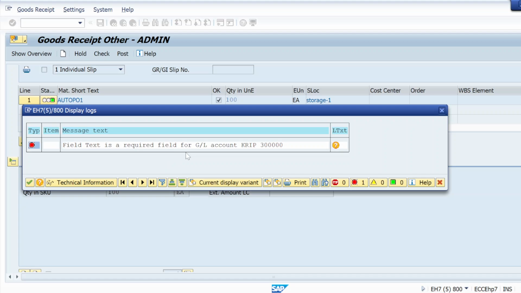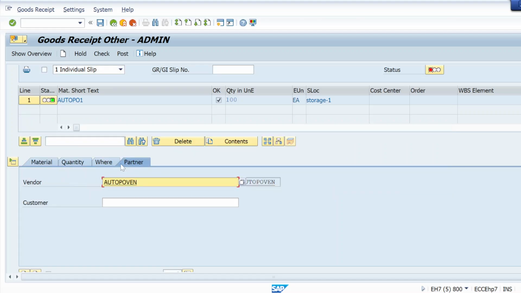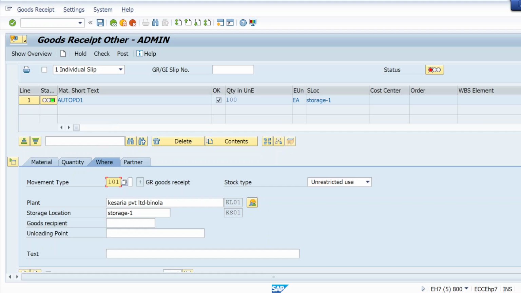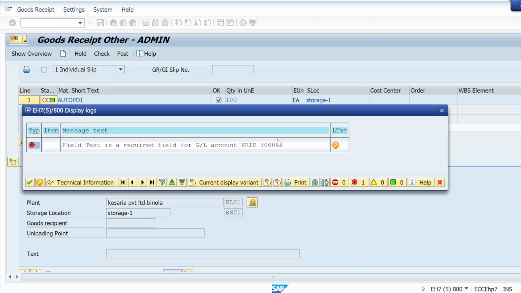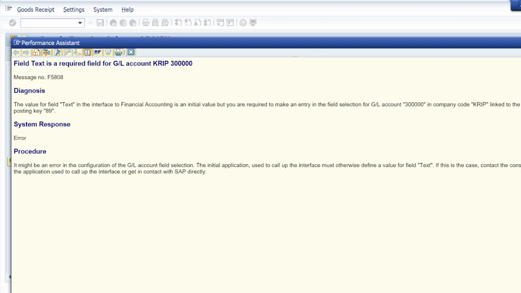Field text is required for GL account KRIP.